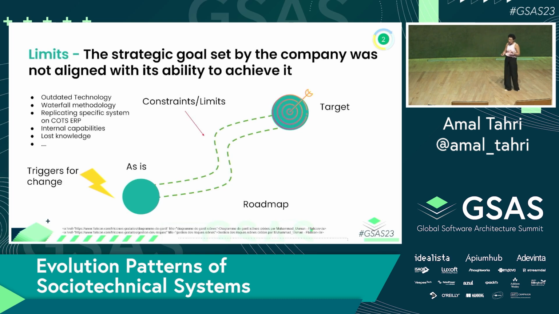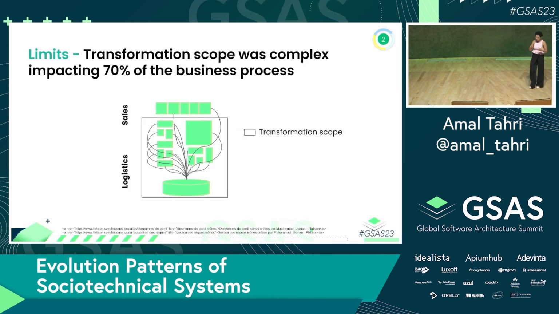So he has outdated technology, he was using waterfall methodology, he was replicating systems that already exist. So that's the dependency path. I want the ERP to do exactly what the mainframe does. But you know, your mainframe is specific, and ERP is a standard. You need to have compromises. No, I will not have compromises. After deliberate discussion and whatever,